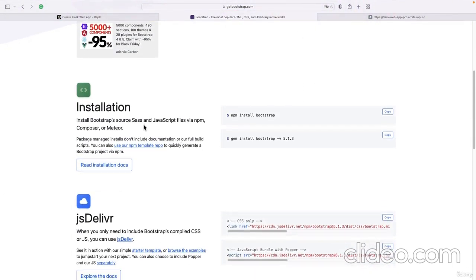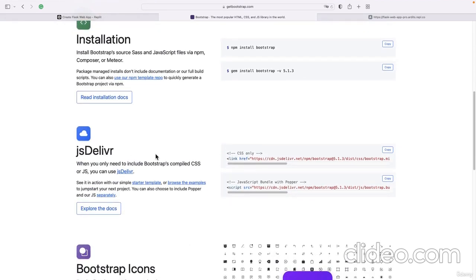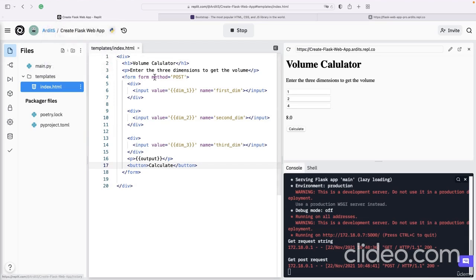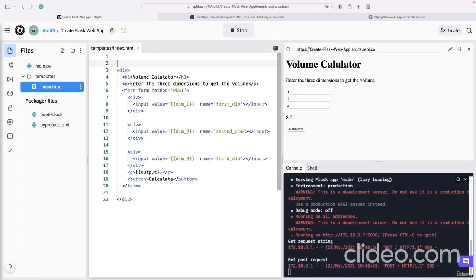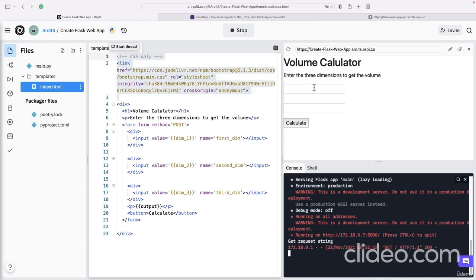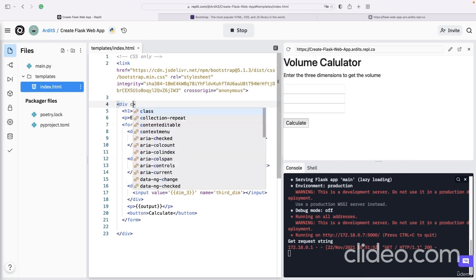So if you go down here to JS Deliver, and if you copy that CSS only, I'm just using this copy button, copy that, go back to your HTML file and just paste it in here. Stop, run. And we're going to see already that this looks a bit better. But the way Bootstrap works now is that you want to give these HTML elements Bootstrap classes. For example, if you want to make the outer division, so the entire page, a bit different, you want to apply the class